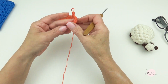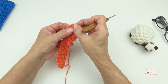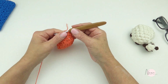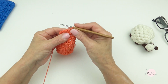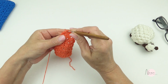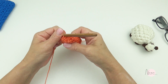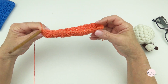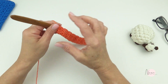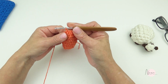Okay, so I'm gonna finish this. I'm gonna come back here and show you once again how you have to close and how you have to start. Okay, I'm in here, and then I'm gonna close it with slip stitch here where we started. Okay, so don't worry if it becomes like a little boat, but that's what it's supposed to be, because they have to grow in this way. So we close it here with slip stitch, gonna chain 1 and turn,